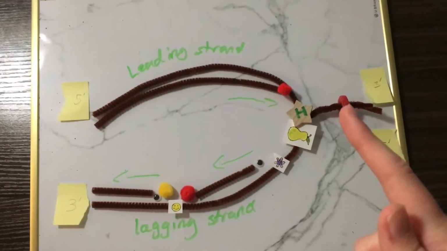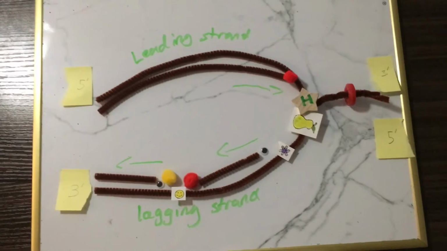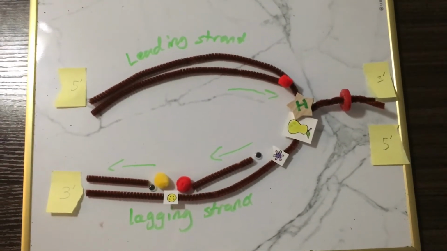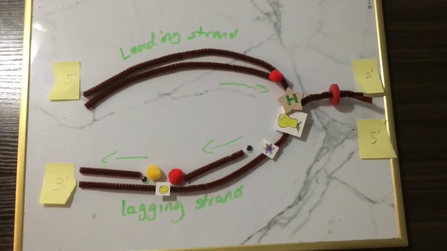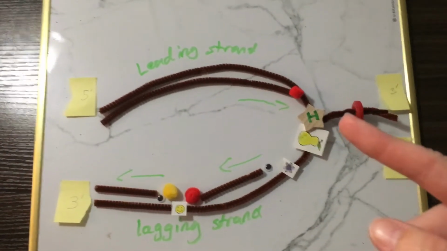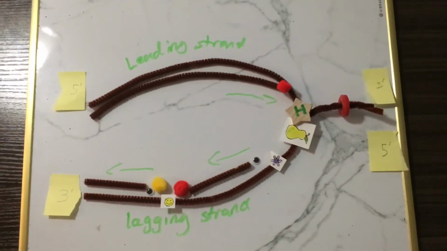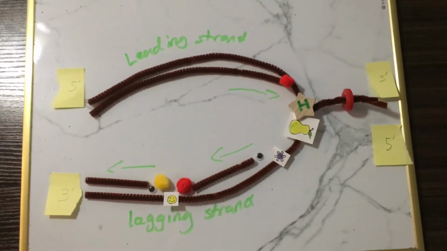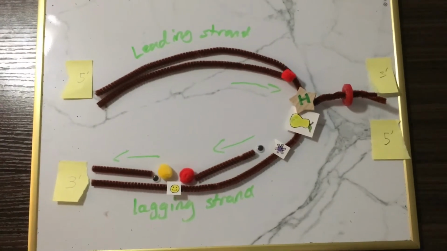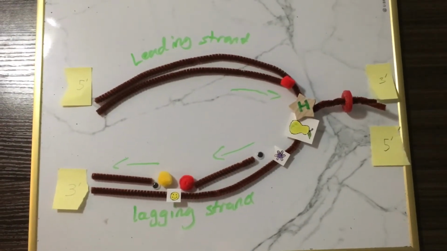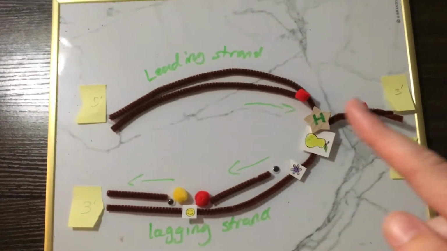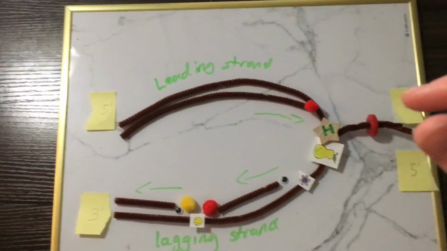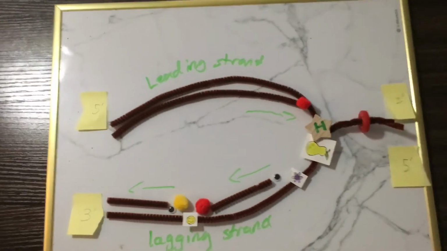So we've got the little lifesaver that's representing gyrase, which is a topoisomerase that relieves supercoiling ahead of the replication fork. And what that helps with is it helps helicase come in, which is represented by the star with the H on it, to help break hydrogen bonds that exist between DNA base pairs. And that helps open up this bubble of replication, and it uncoils this DNA that's coming in right here.